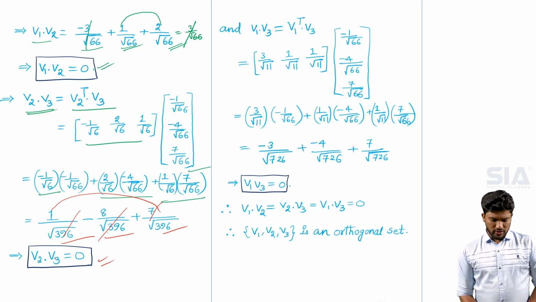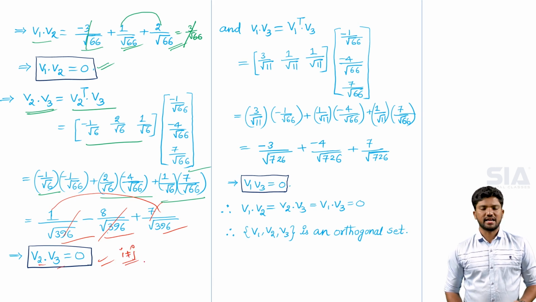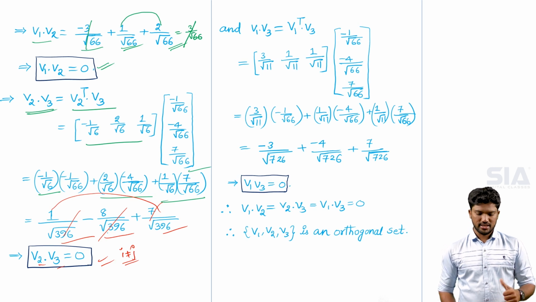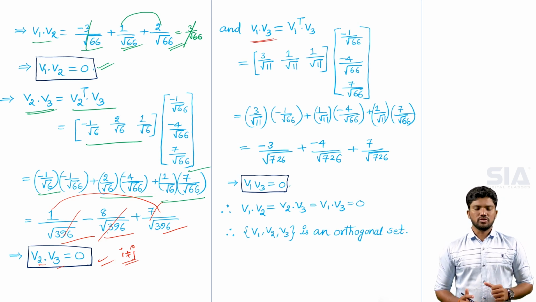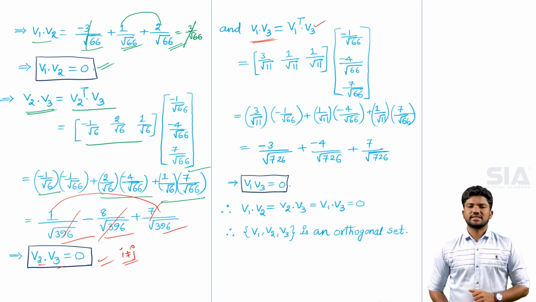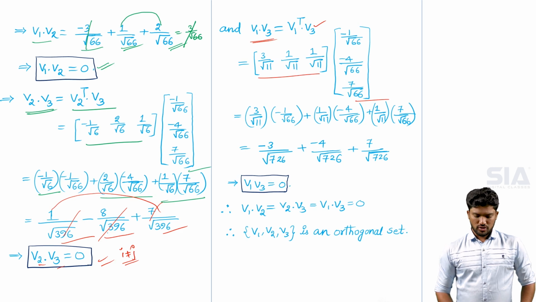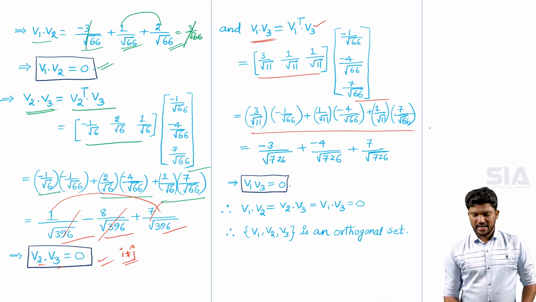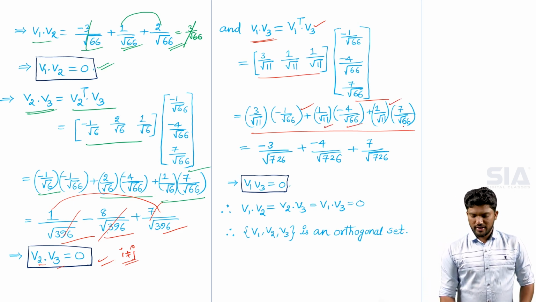Here v2 into v3 is equal to 0. Here i is not equal to j, that is the condition, where i and j are the suffix values of the given vectors. Similarly, the last product value v1 into v3 is equal to v1 transpose into v3. This one is the row matrix and this one is the column matrix. So apply the matrix multiplication, then we get in this format 3 by root 11 into minus 1 by root 66,